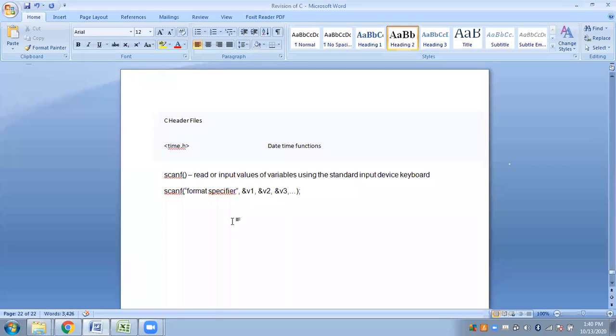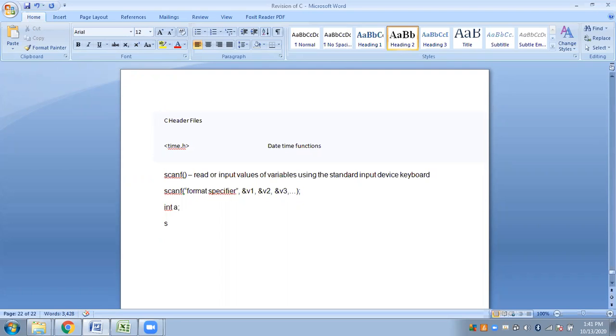So there are different format specifiers when we will be making use of, say, int. Suppose you want to have one variable, say a, and I want to input a value to this. This is just a variable declaration statement: I have declared a variable a of data type integer. Now I have to give some values to it. I will be giving user input, that means the user will be giving the input.